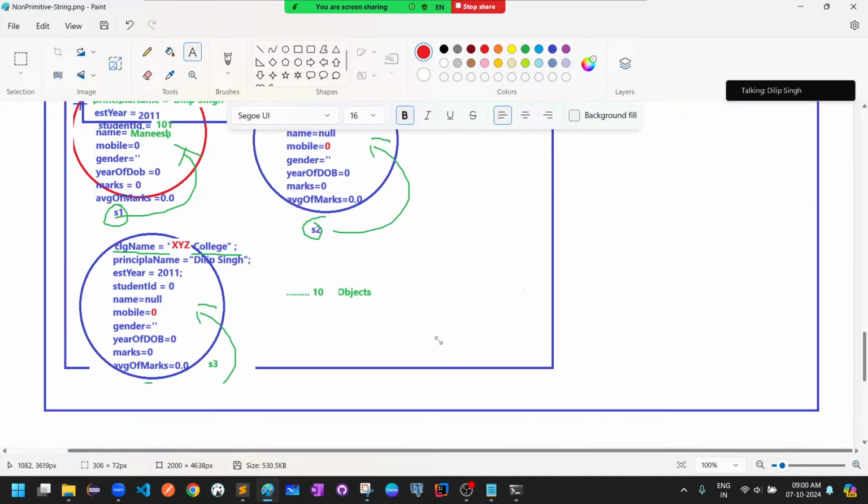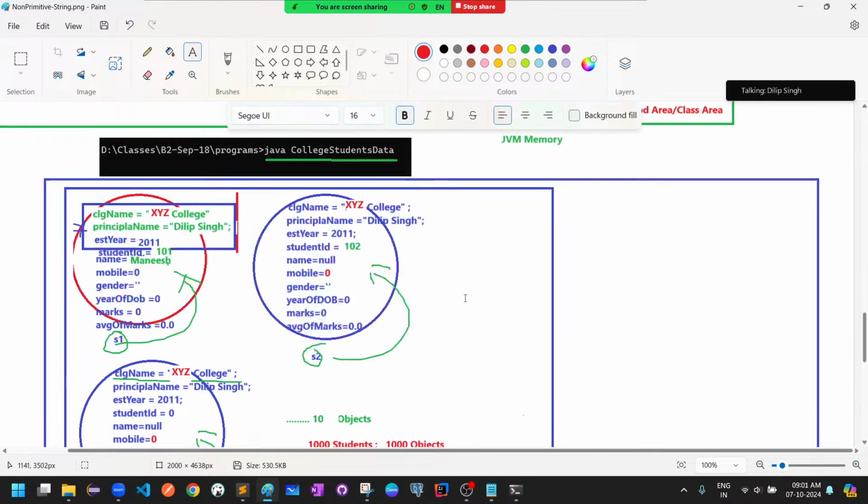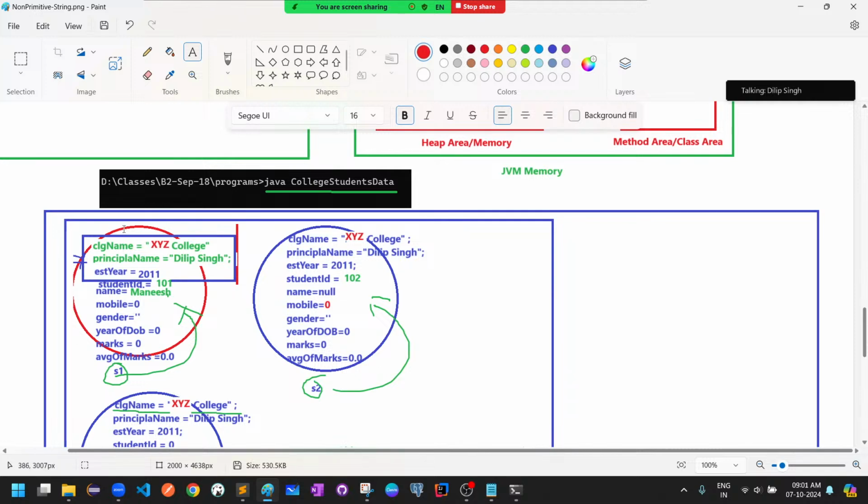Assume 10 objects, 10 students, 1000 objects, 1000 students, or 10,000 objects. Now in this case, please understand the points. College name is a common variable, and the value is also common for